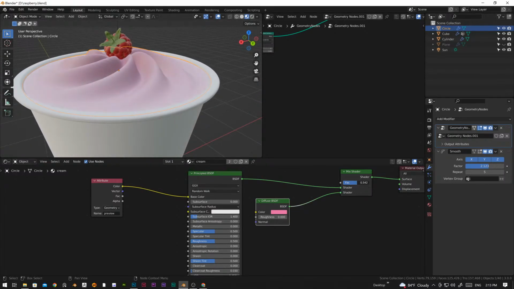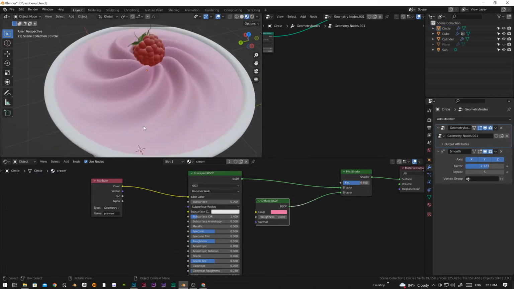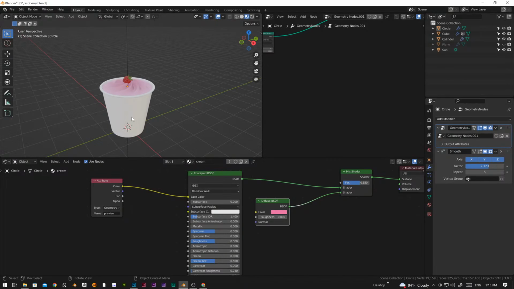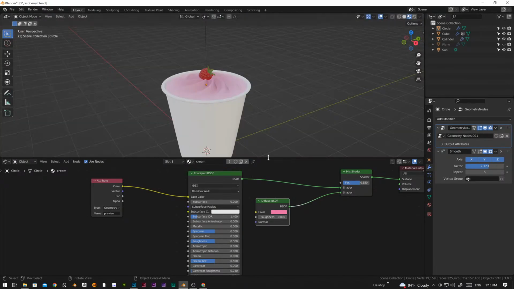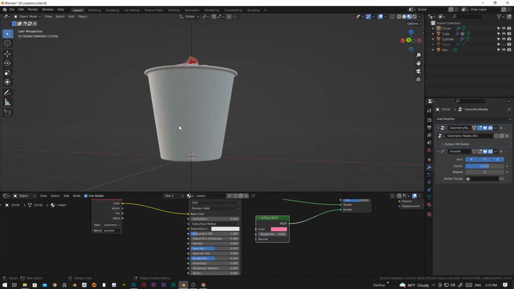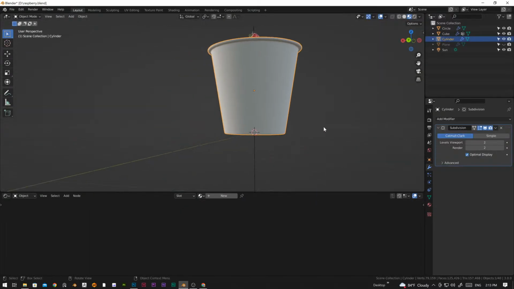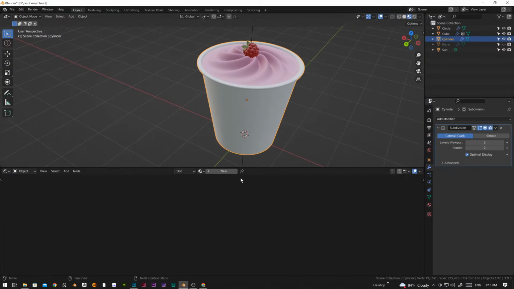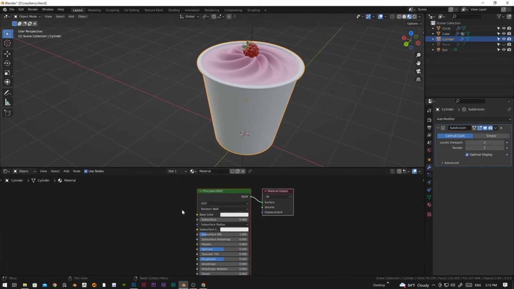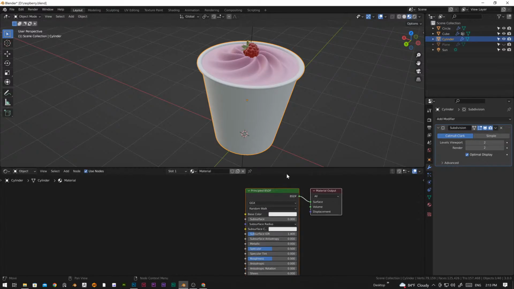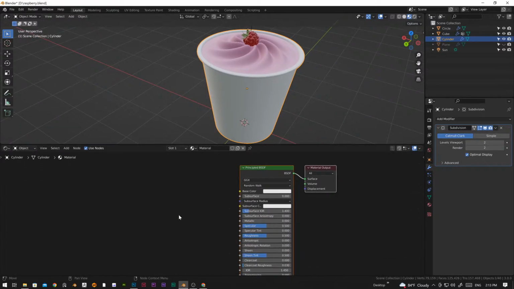Maybe I can increase a little bit up to 0.6. Yep, that's ideal. So now we're only left with one thing, that's a texture for the cup. We're going to create a new material for the cup, and we are also going to add a node, an image texture, because we're going to texture this cup